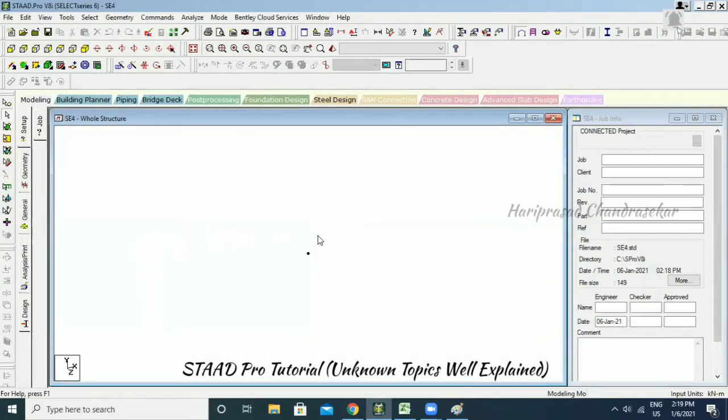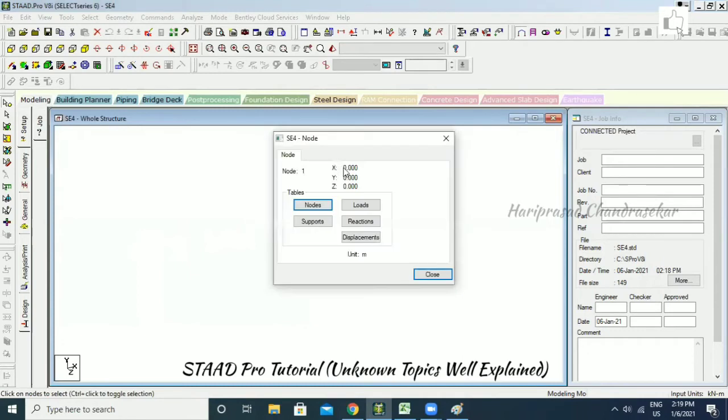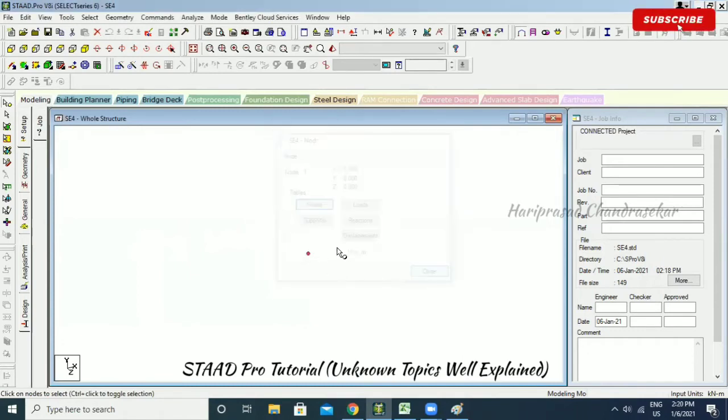Double click on the node. No, that is telling you the coordinates. We will see that also. You need to go for it and see this is 0 space 0 space 0. That is okay. But to show the node number on the workspace, you need to press Shift N. Labels. Okay, you can take note of this. To display the node number in our workspace, you can use the shortcut Shift N.